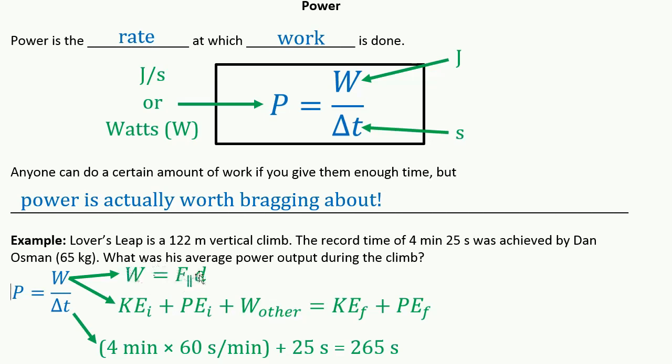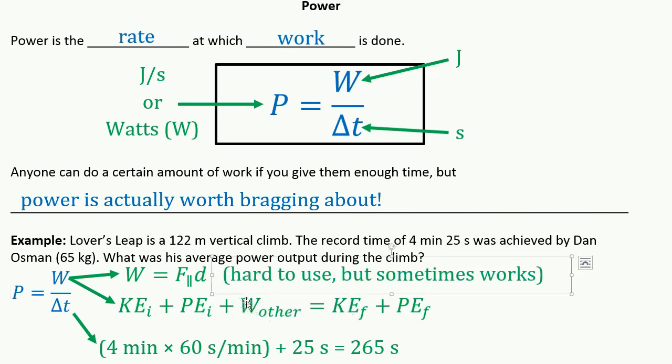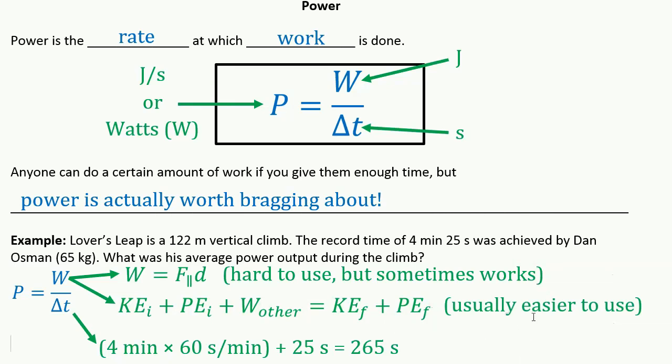So although this equation is nice and short, there's a lot of kind of bumps in the road that you can hit along the way if you're using this equation for some of these power problems. So in a nutshell, this one's hard to use for these power problems, but it does sometimes work. And you might run across some situations where this equation is really your only option. This one, on the other hand, despite looking kind of ugly, is much smoother. This is usually easier to use, and usually for the sort of power problems we're going to get in this course, this is going to be the best way to find your work.